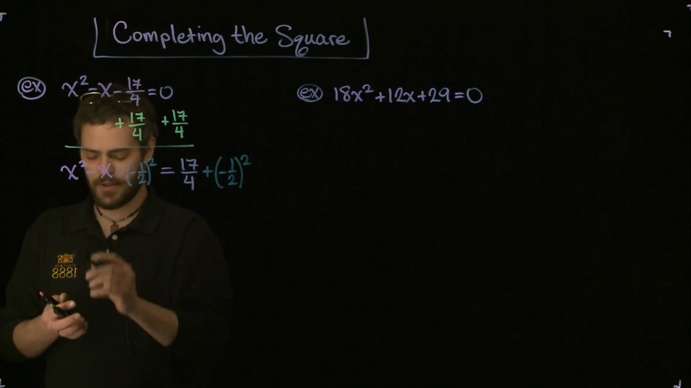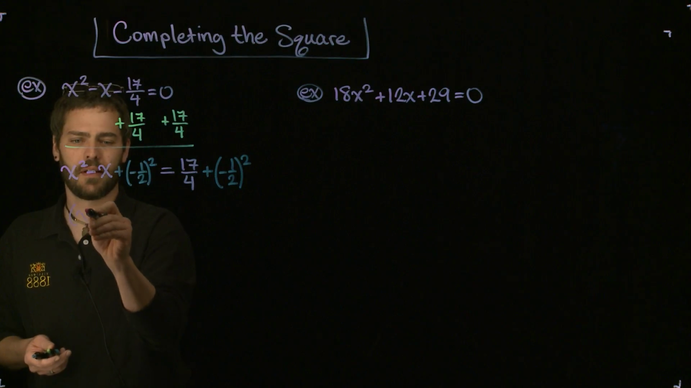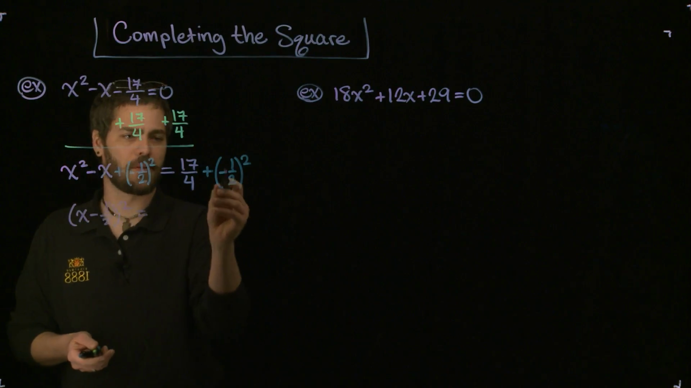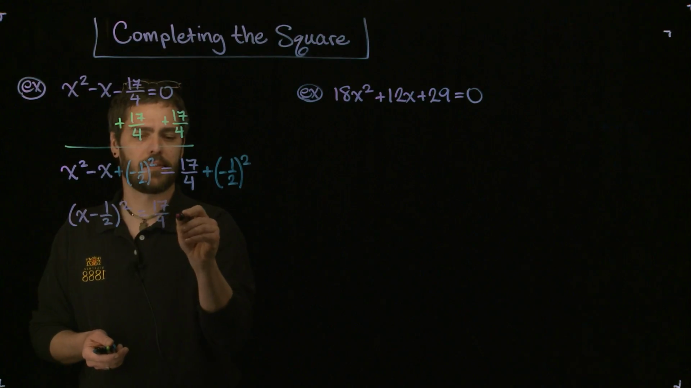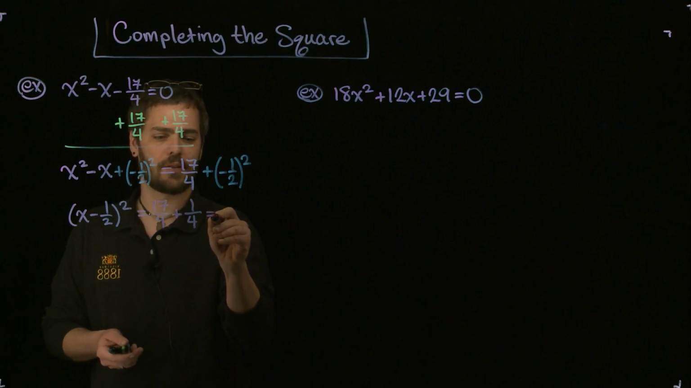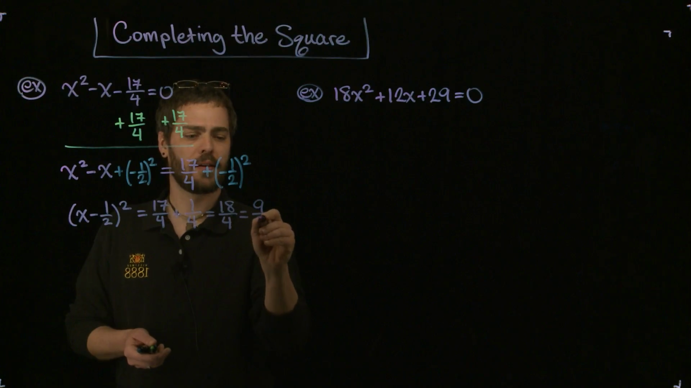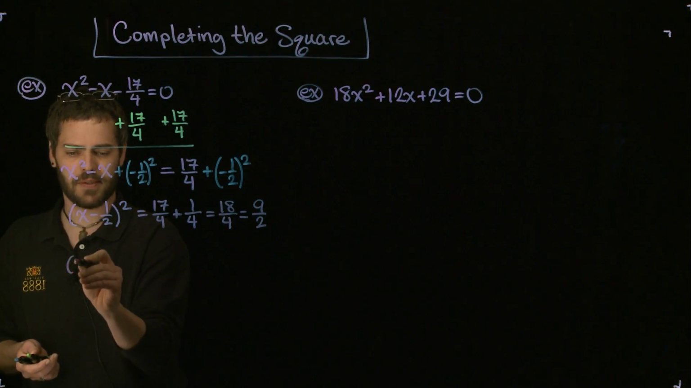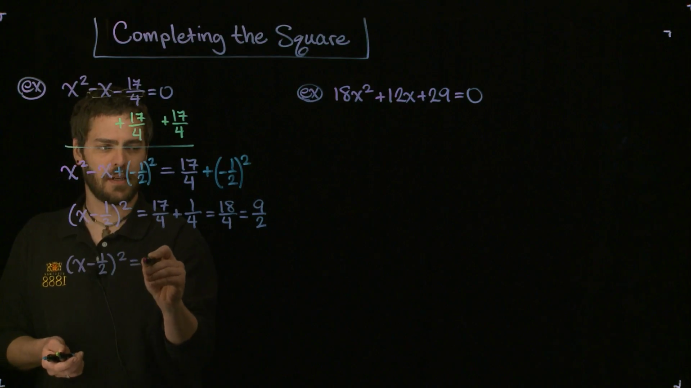So what I've done here on the left side is created this situation where you have the binomial x minus 1/2 squared is equal to, on the right side, whatever this comes out to. So let me go ahead and see if I can simplify this. -1/2 squared is positive 1/4. I can add these two guys together to get 18/4, and then reduce that to 9/2, so that in the next step, when I take the square root of both sides, let me rewrite the square here, and the 9/2